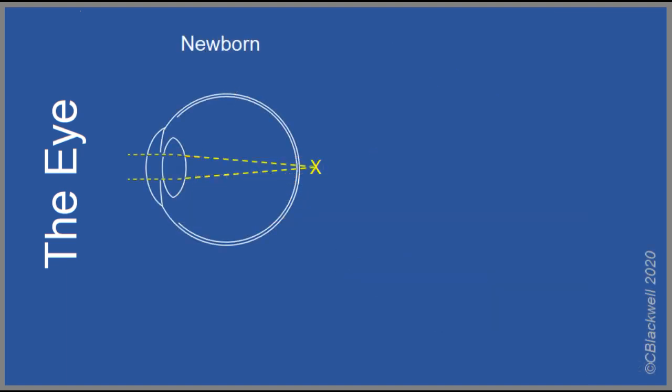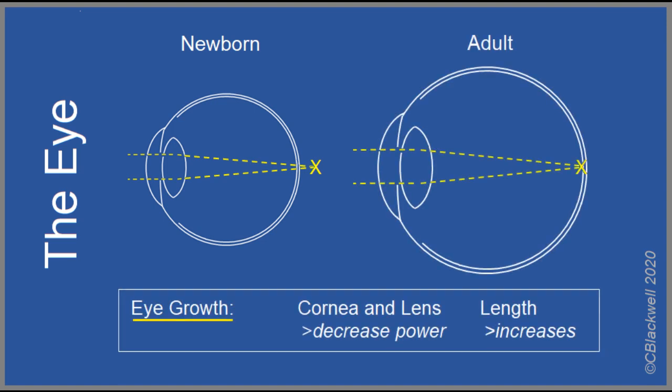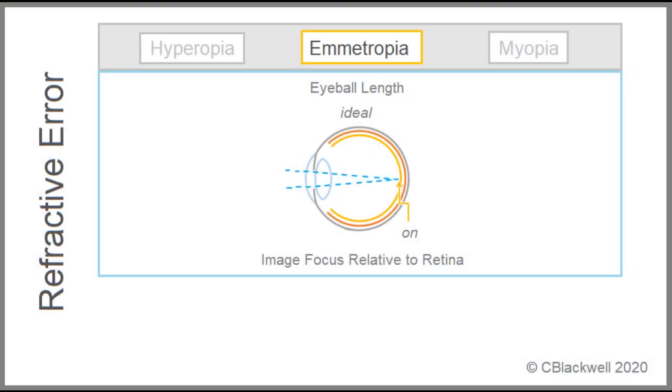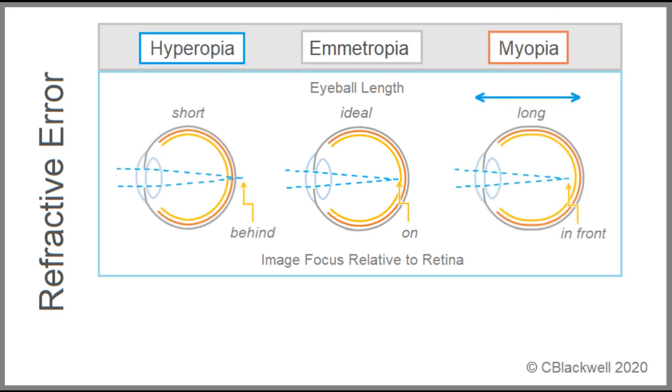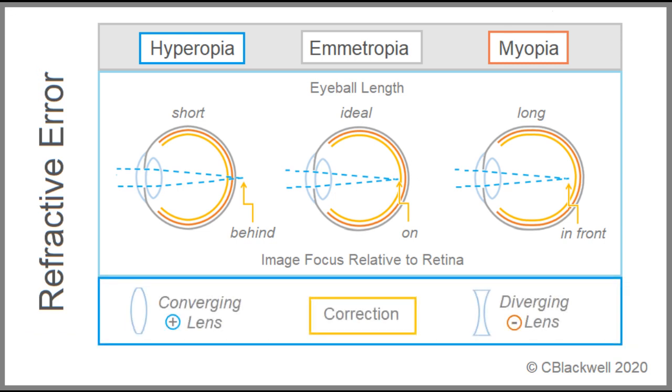At birth, the eye is usually relatively short, therefore farsighted. Ideally, the growth of the different parts of the eye are in sync, so we end up with an in-focus adult eye. In ideal vision, light rays make a sharp image on the retina called emmetropia. To the extent eye growth gets off track, the eye can become near or farsighted. The amount the eye is out of focus is called the refractive error. Usually, hyperopia results from a too short eye and myopia from a too long eye. The power and sign of the lens needed to bring the image into focus is called the refractive correction.